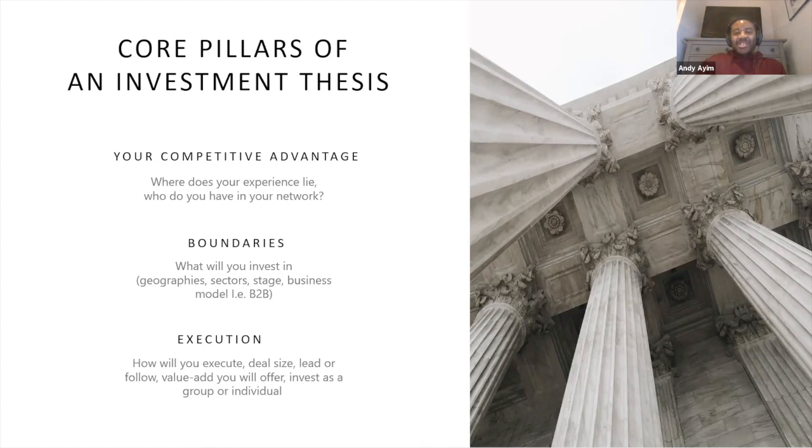The next is really what stage. We talk about pre-seed. Someone mentioned in the comments, do you invest maybe before they even have any commercial value? Do you invest before they have customers? A small portion of angels do, but the majority don't. But where do you decide is the stage that you're going to invest in?